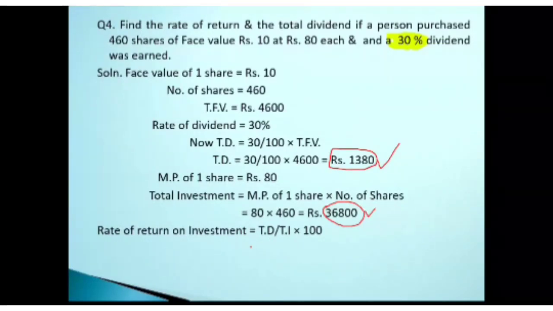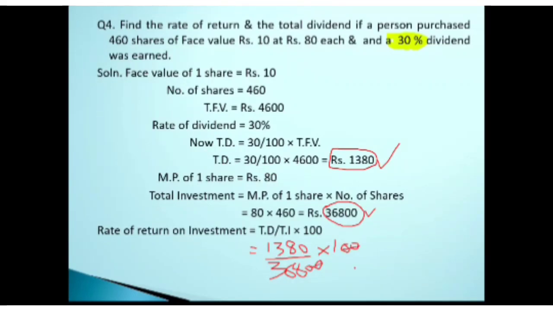So it will make here 1380 divided by, I'm just writing it down, you can just see it on the screen. 1380 divided by 36,800, and that has to get multiplied with 100. In that case, you have to cancel two of the zeros from the 100, and then you take the division of this using the calculator and get the answer. And whatever answer you're getting, make it in percentage, because this is what represents your rate of return. So once you get the answer, put it in the chat box.